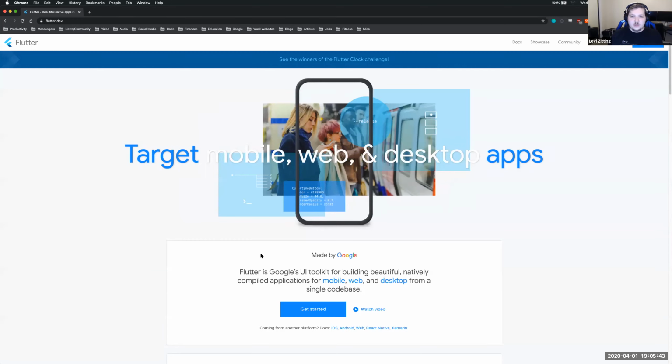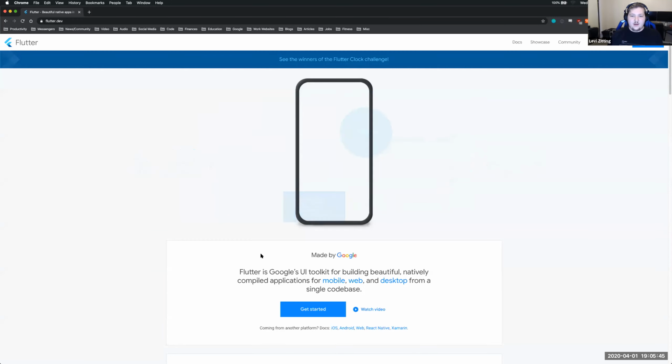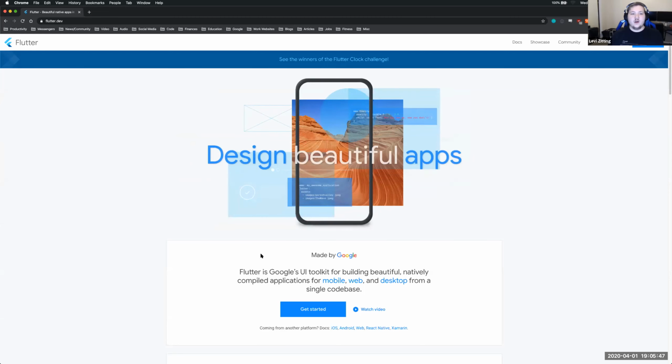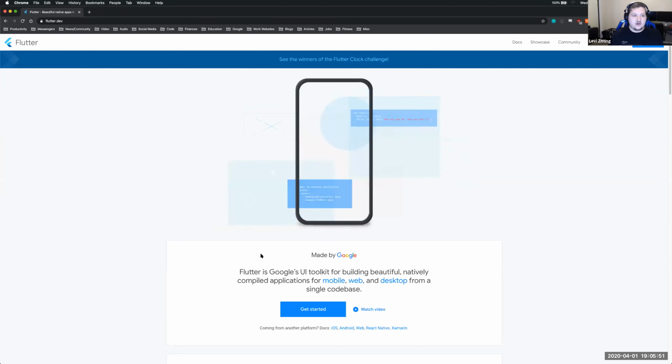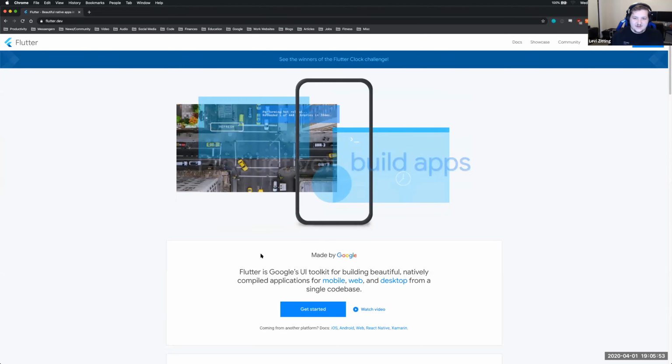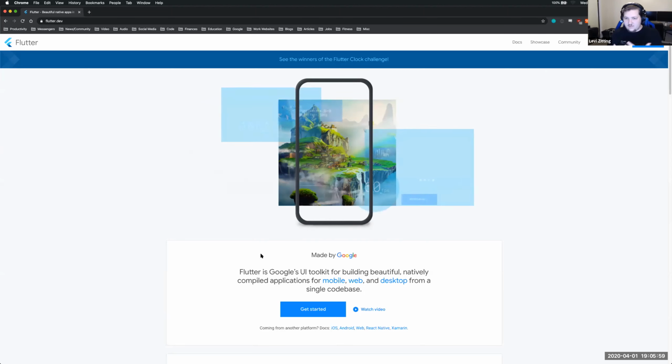But there's actually some really interesting reasons why Google chose Dart to power Flutter. One, the first one that might come to mind is just the fact that Dart is made by Google as well. So why not dog food their own programming language? But there's also some other really interesting reasons. So I have a list of a few of them